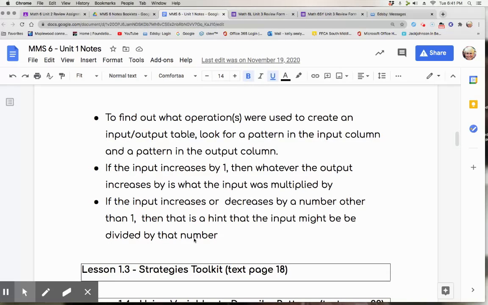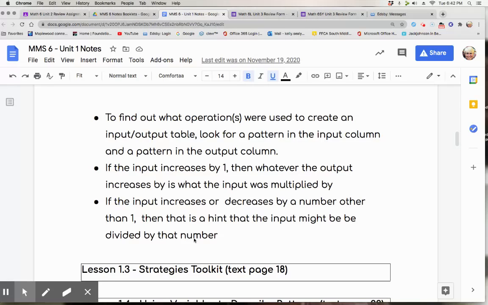Moving on, it says to find out what operations were used to create an input or output table, you have to look for a pattern in the input column and a pattern in the output column. If the input increases by 1, then whatever the output increases by is what the input was multiplied by. So if we see the input going up by 1 each time, 1, 2, 3, 4, 5, or 5, 6, 7, 8, 9,